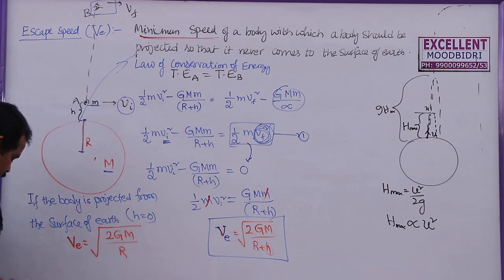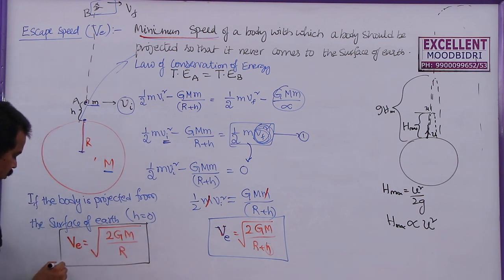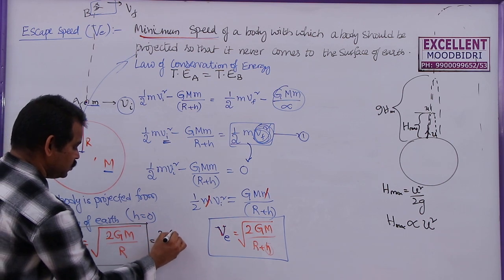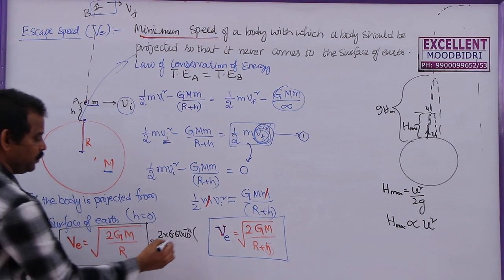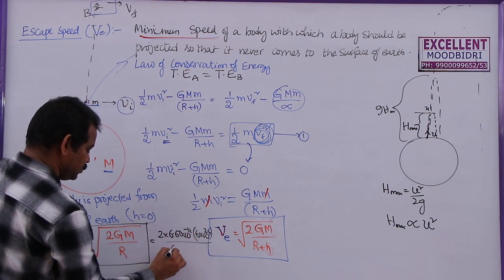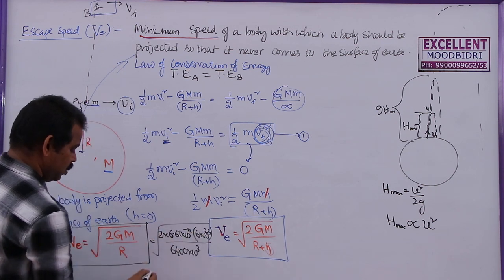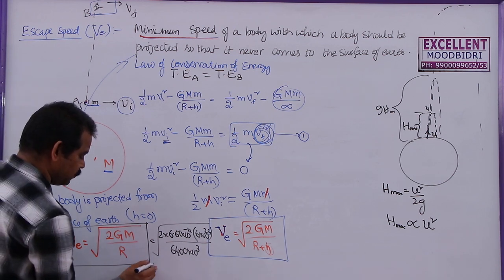So this is the escape velocity, which is given by root of 2GM by R. Here, what are the known values for us? We know that 2 is a constant, G is 6.67 into 10 power minus 11, mass of Earth is generally 6 into 10 power 24 kg, and radius of Earth is 6400 into 10 power 3, under root. If you substitute all these values, finally you will get the escape velocity on the surface of Earth, which is given by